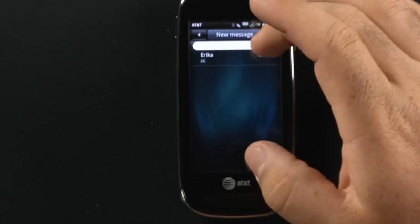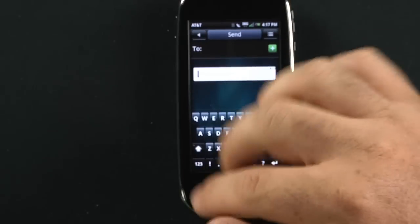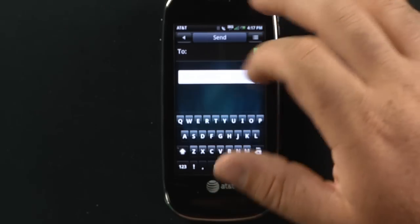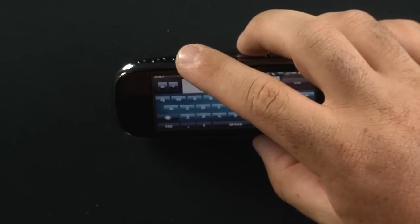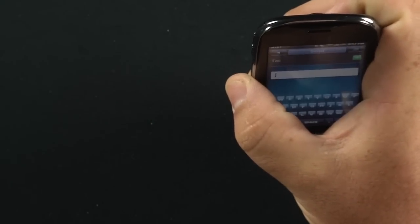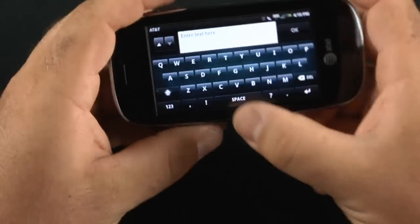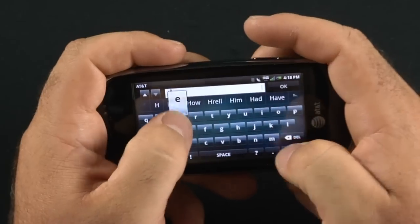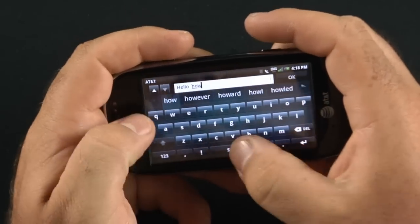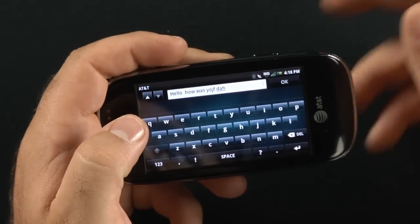Show you some messaging. Type a new message, enter text. You have a full QWERTY keyboard. Without haptic feedback, it was a little disappointing, but you can actually go into landscape. Now the keyboard changing between positions is a little sluggish, but it's basically just making sure that you want it in the right position. Typing with 2 hands like this. This is the only part where you really need to go to 2 hands. Pretty simple, real quick. Hello, how was your day? So